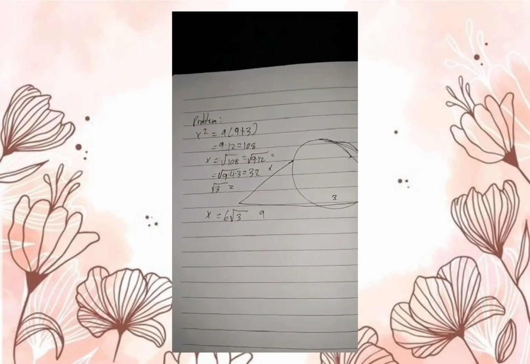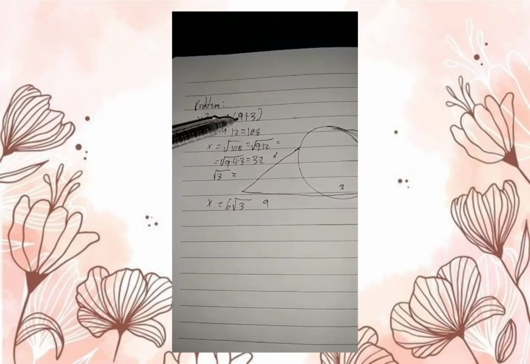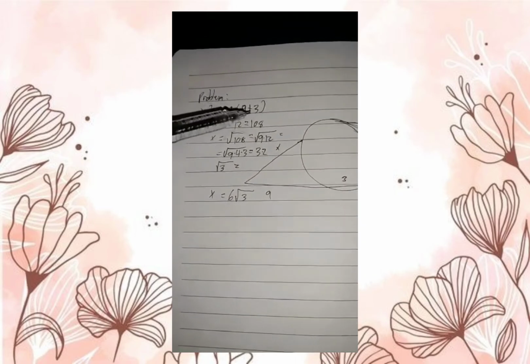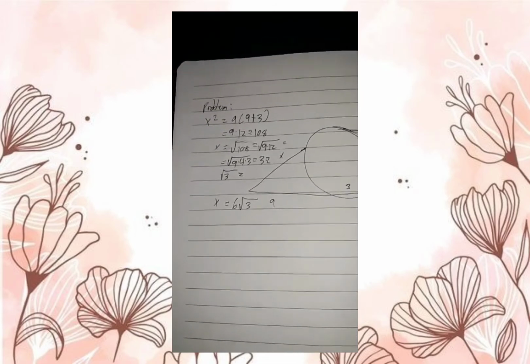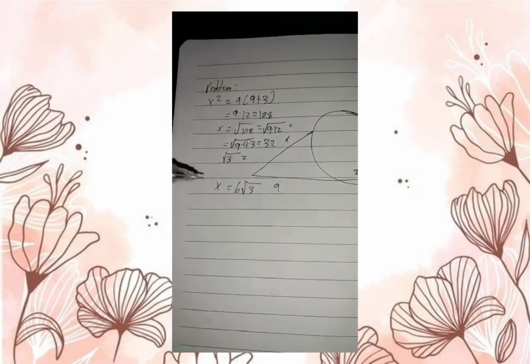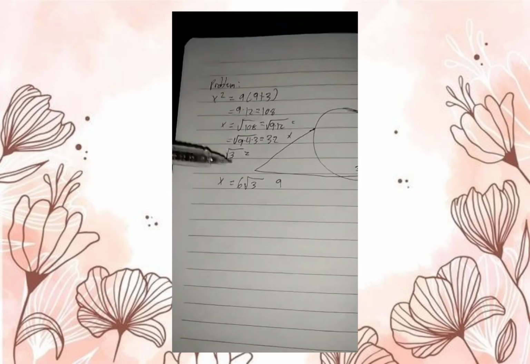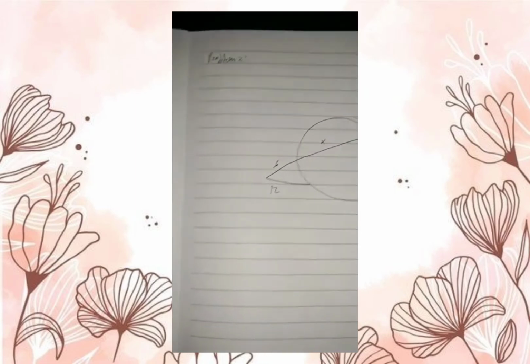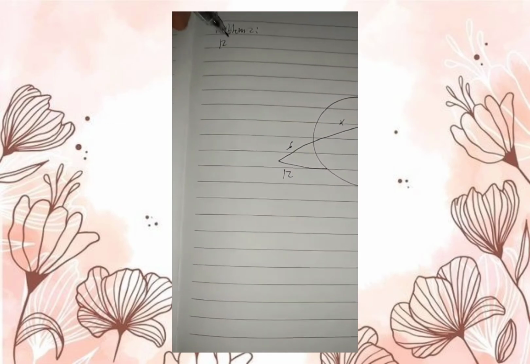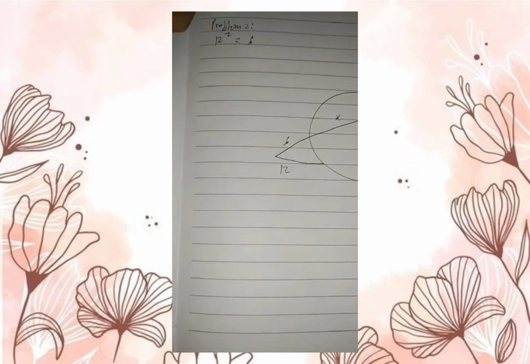So here, we're looking for x and we have x as the tangent, so we do x squared equals 9 times, and then the length of the whole secant is 9 plus 3. So we do that problem, and we find x is equal to 6 root 3. So we'll just do the same thing as before. So 12 equals 6 times